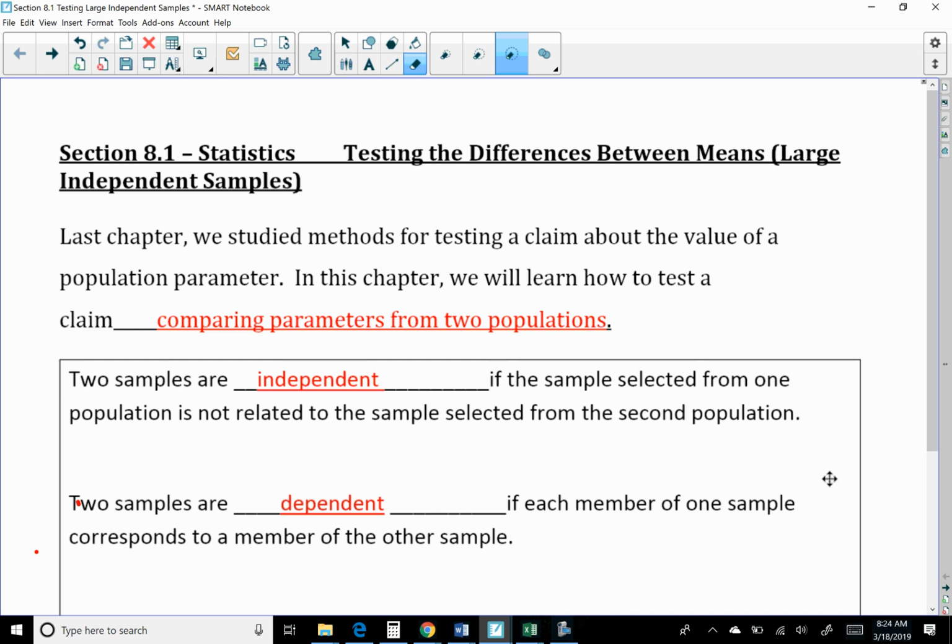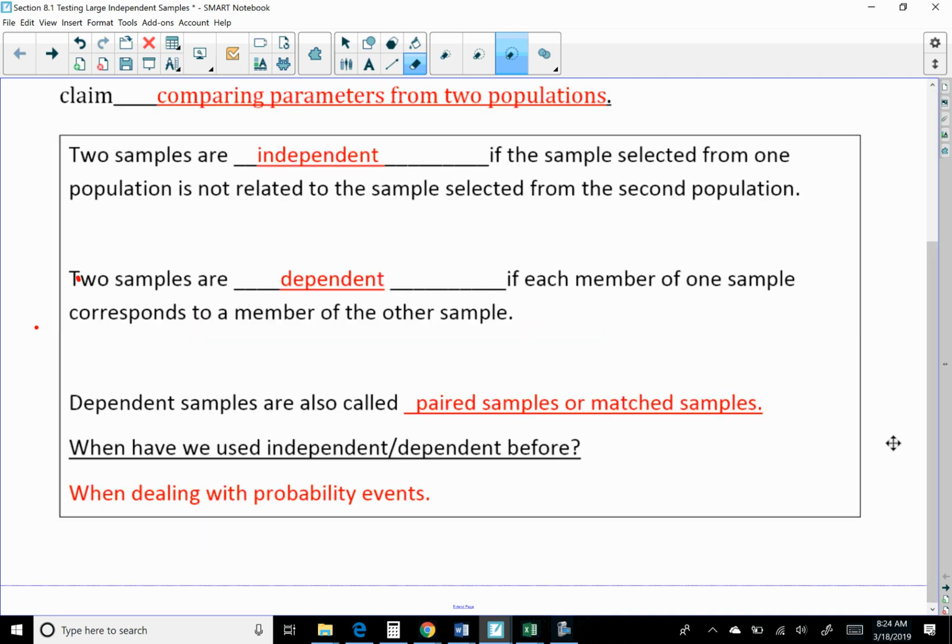We've done independent quite a few times in the past. I think you have a pretty good idea of what that is when you look at something, so I'm not too concerned about that. But dependent samples are also called paired samples or matched samples. When we've used independent before, we're dealing with probability events. So, do you guys remember,